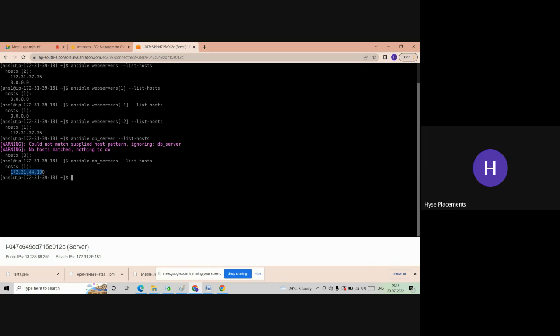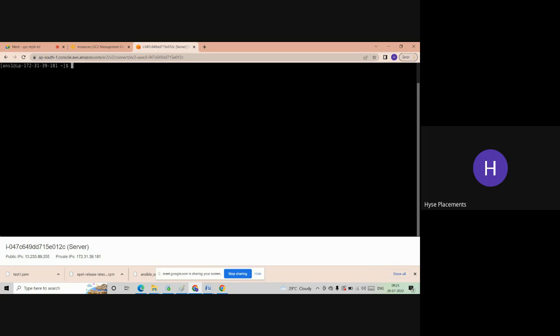So this is our machine. Every machine will have one host name. This is the host name, IP 172.3.1. This is the host name. So like this, if you want to know the host name of all the web servers, all the servers, then the command is,